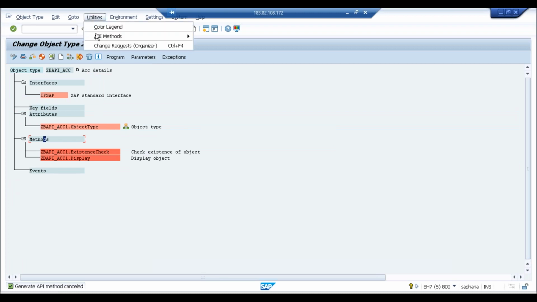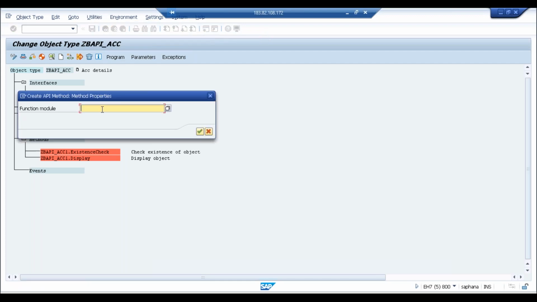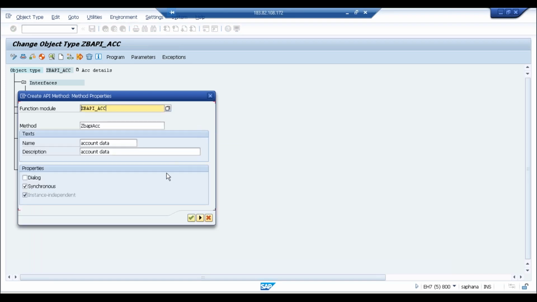So we'll go for utilities, API methods, add method, ZBAPI underscore ACC, continue. And this is how it should come. By default, it should create a method here. And this method is created by the system. We are not creating it. A ZBAPI ACC has been created by the system. And the name and description, whatever we gave in the details, will come here automatically. We just need to click on this next step,